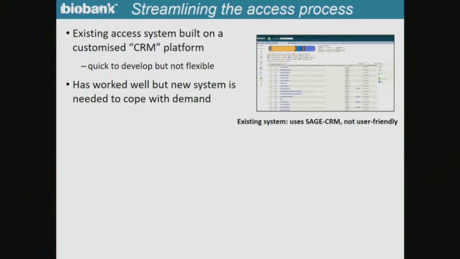So, at the moment, researchers will be very well aware of this. We have an existing access system that's built on a customized platform, which was quick to develop at the time, but it's not very flexible. And I think the members of the access team who are here today will tell you they often bang their heads against the wall about how clunky the system is. It's worked well up until now, but it's clear that we need a new system to cope with the demand. So we're currently in the final stages of developing a bespoke system for UK Biobank,